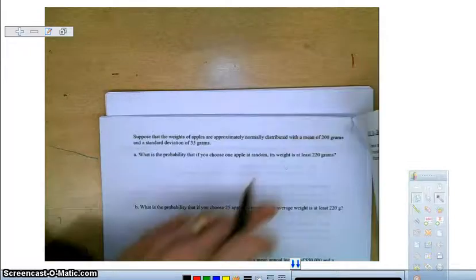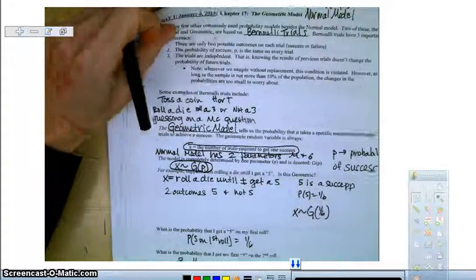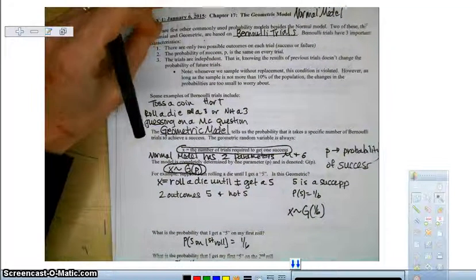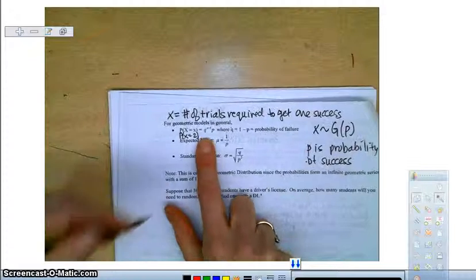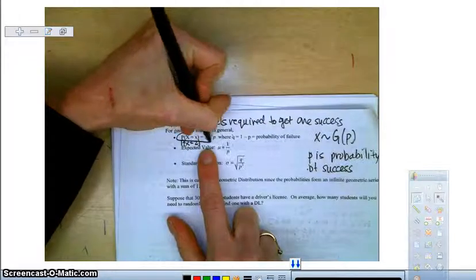Well, isn't that what we said over here on this page? Didn't we say K minus 1 power? We're just using a different number, X. X is how many times we're going to do it until we get a success. Okay, so the formula, the way you calculate, this is the formula for calculating